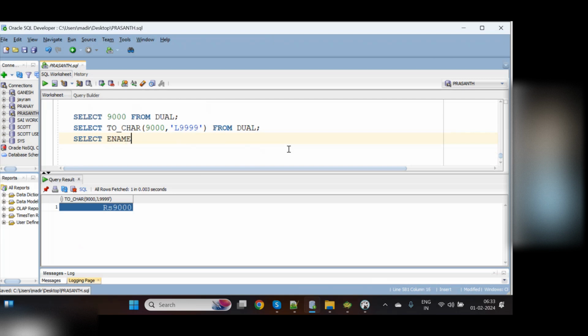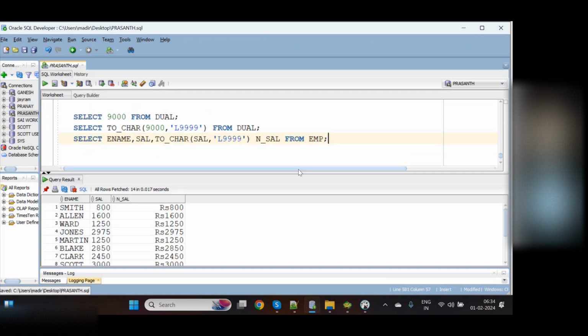Select employee name, comma, salary. So I want to show all the salaries with local currency. Simply toChar of salary, comma, L, 4-digit format from EMP, as new_salary. So now if you run and see,